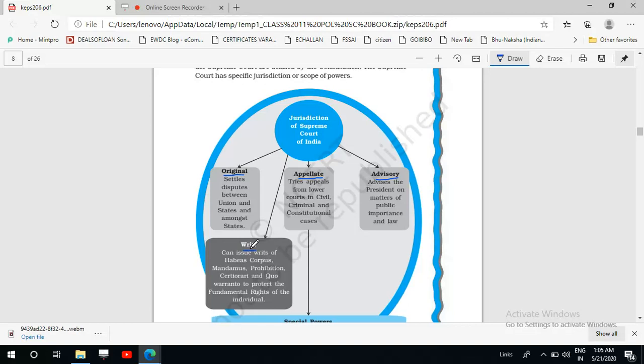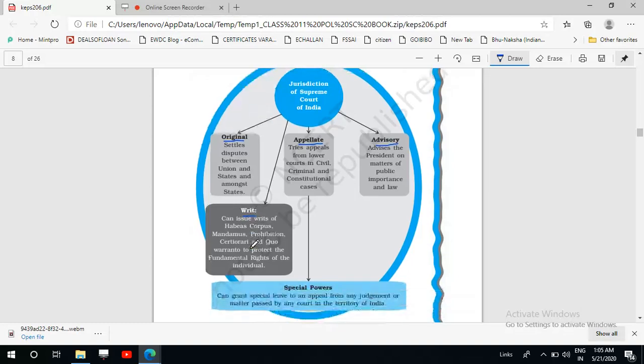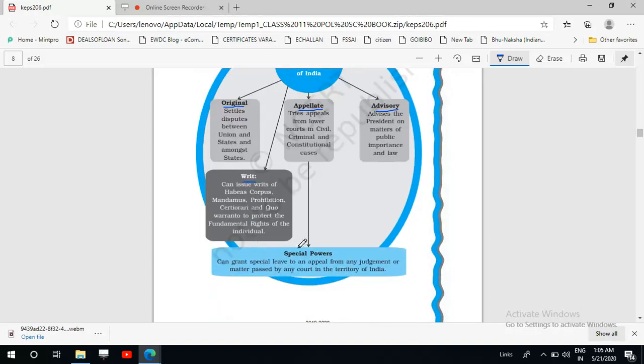The purpose is to protect the fundamental rights of the individual. And now there are some special powers of the Supreme Court of India. And what is this special power? This special power is called special leave petition. Okay,